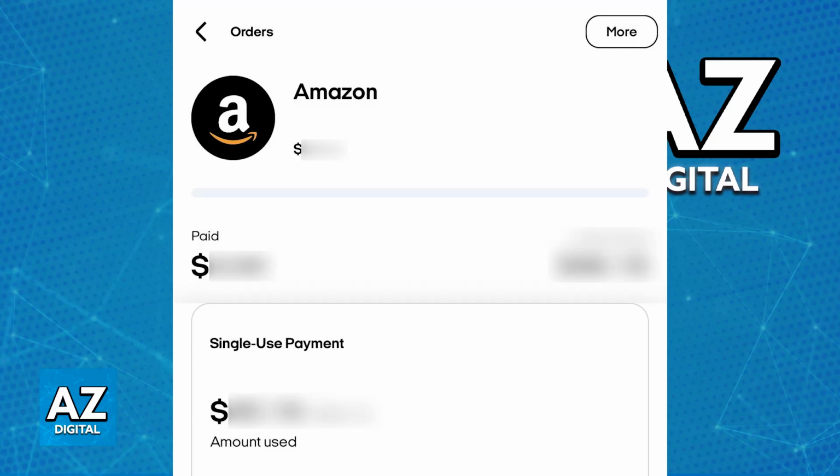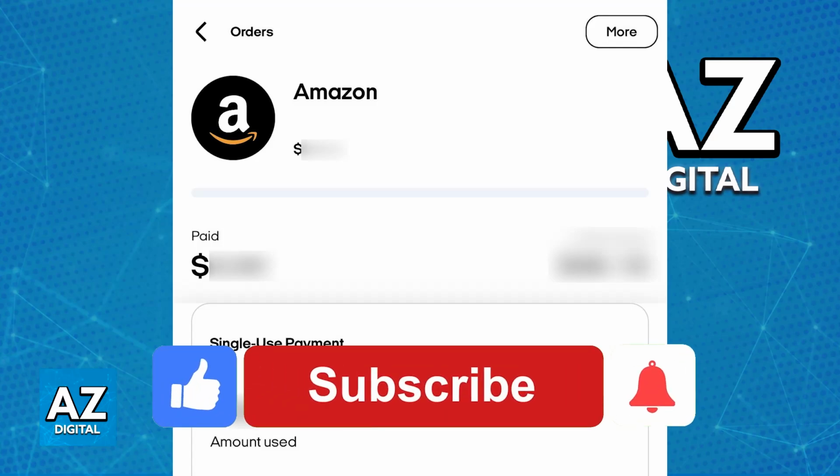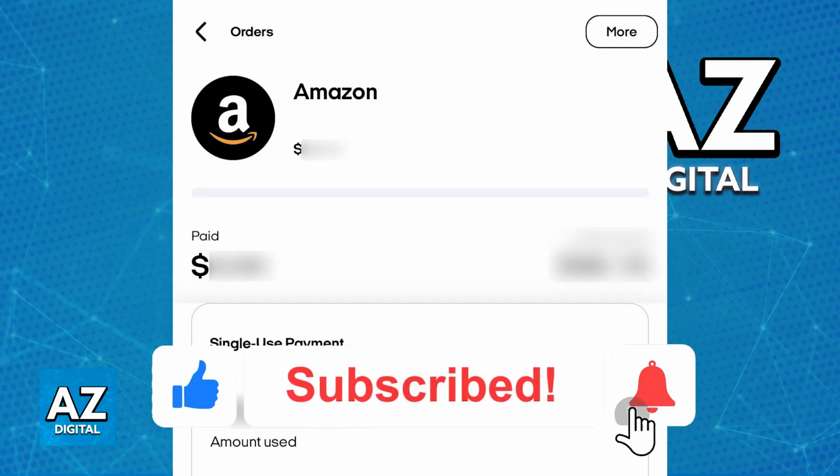I hope I was able to help you on how to use Afterpay on Amazon. If you encounter any problems while trying to do this, I recommend that you try updating the app, or, like I said, you try generating an Afterpay card which might be able to be used on not only Amazon but other services. And as long as you do this, you will be able to purchase with Amazon.